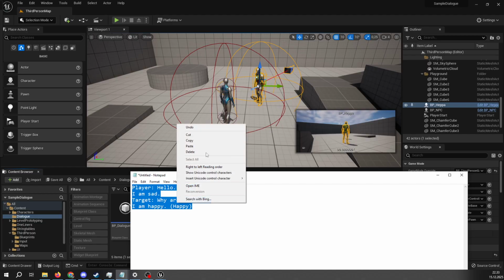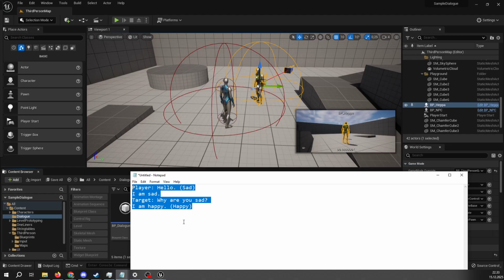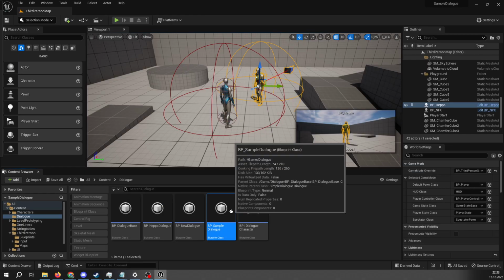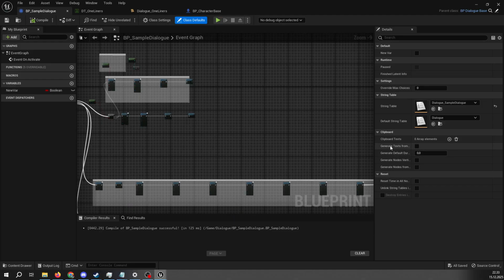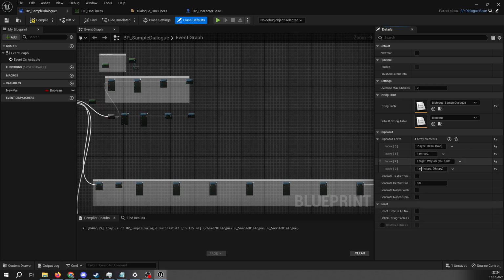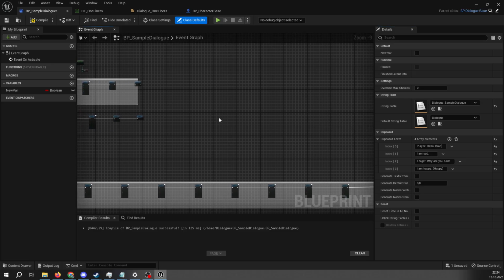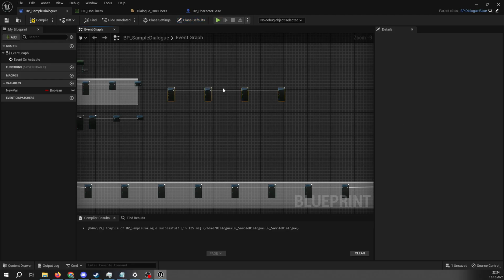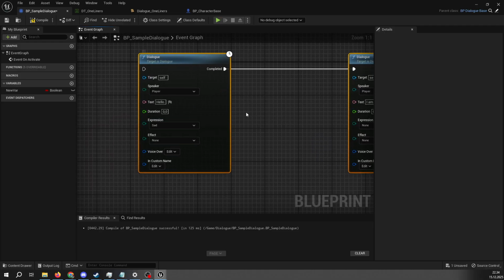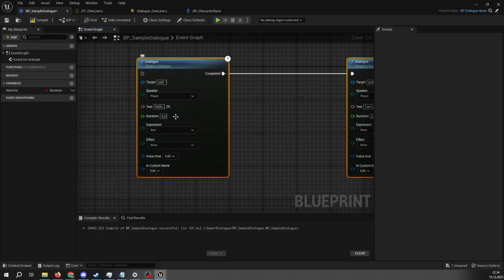You just start by copying the data, Control C, and then you open the dialog script and click on this generate text from clipboard boolean there, and you will see the clipboard text populate. Then you click on generate nodes from texts and copy to clipboard, and then you should have it ready, and you click on the graph and Control V, and you see the speaker, the text, and then the